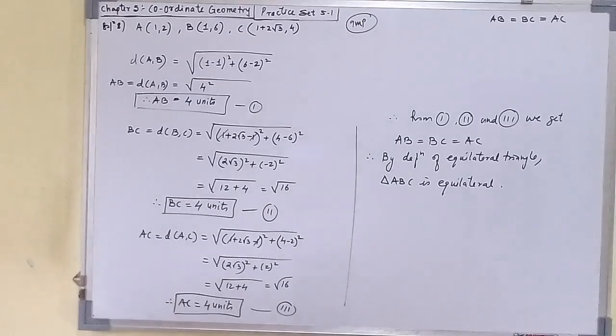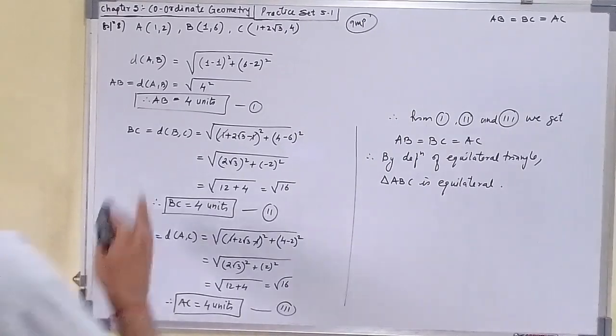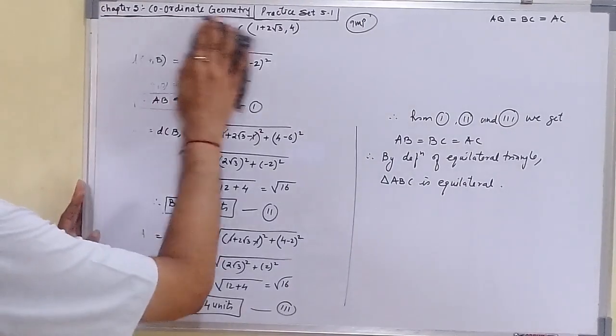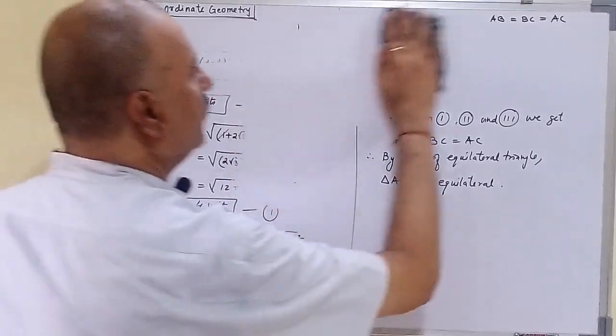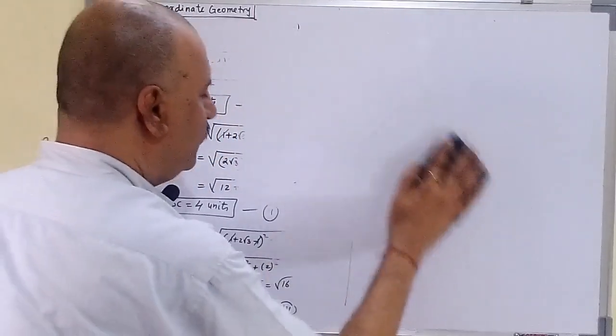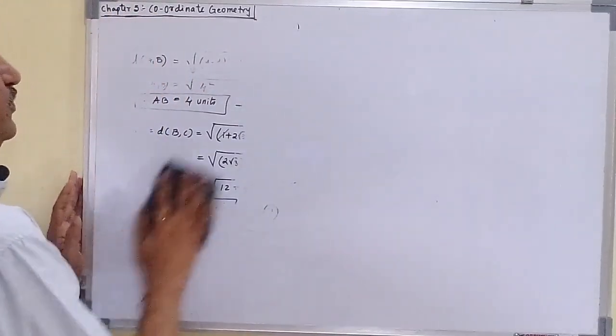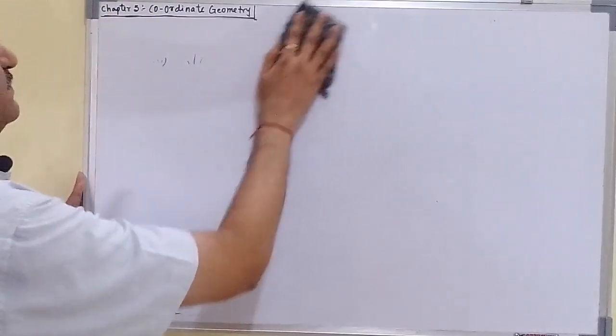So with that, exercise 5.1 is complete. Practice set 5.1 is complete. Now we are going to go to practice set 5.2. Now before we actually go to practice set 5.2, let's explain to you some